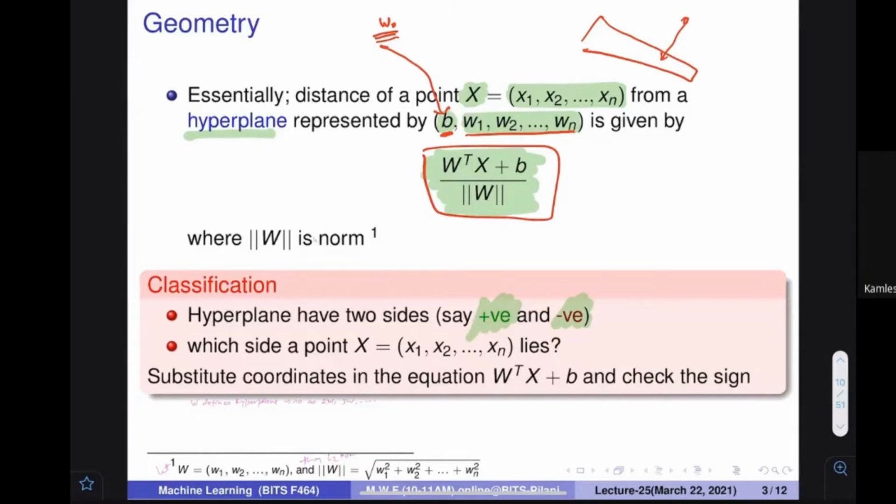Otherwise, it is going to be on the other side. Make sense? The value could be positive and negative. Because here I have not put the mod sign, so because the mod sign is not there, it essentially tells you, with the direction, on what side that particular item is, whether the item is positive or negative.